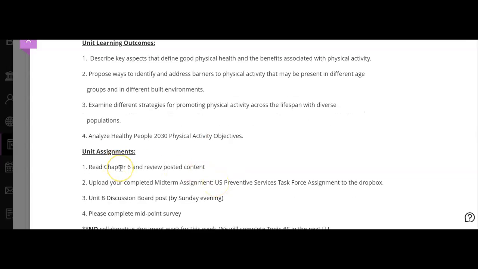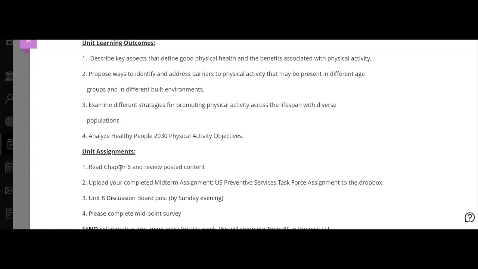So I have you reading chapter 6. Chapter 6, as most of the chapters, is kind of lengthy. So please make sure you're reading the first couple of pages at least, the benefits, risks, and how to engage different age groups with physical activity. And then, as I already noted, page 151 is really important.